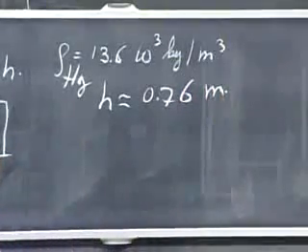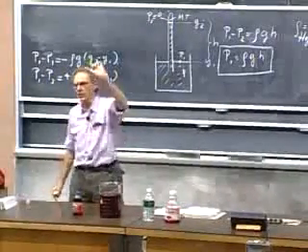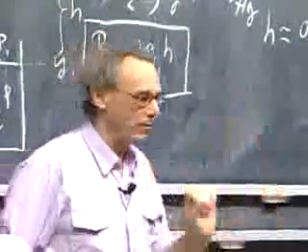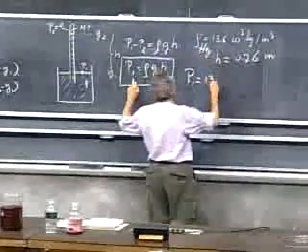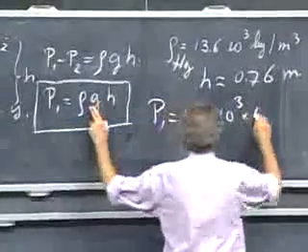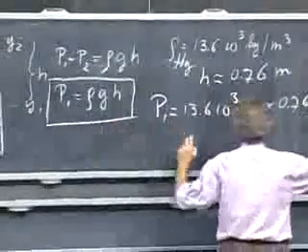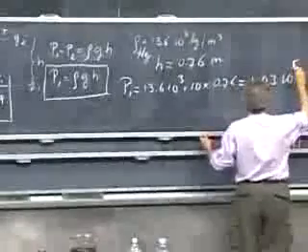It's just a fact. It changes a little bit from day to day. It could change by a few centimeters, a little down, a little up. If it's up, the barometric pressure is higher than when it's down. And so the barometric pressure P1 is then 13.6 times 10 to the third times G, for which I will take 10, and the height is 0.76, and that is 1.03 times 10 to the fifth Pascal,